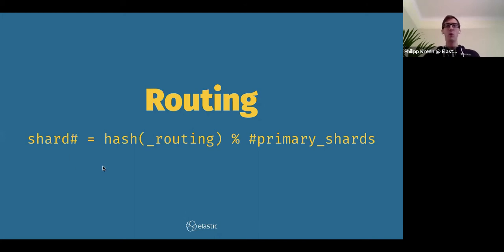By the way, why do we hash the routing key? So that it's generally evenly distributed. That is the general idea here. You want to have something that is evenly distributed. For example, if you had a string or an email address for the routing key, then you might have hotspots where E is a very common letter, and then you might have lots of data points in there. So you want to have the key space evenly distributed to have an even distribution over your shards, which I have kind of circumvented by using exactly the same routing key all the time here.